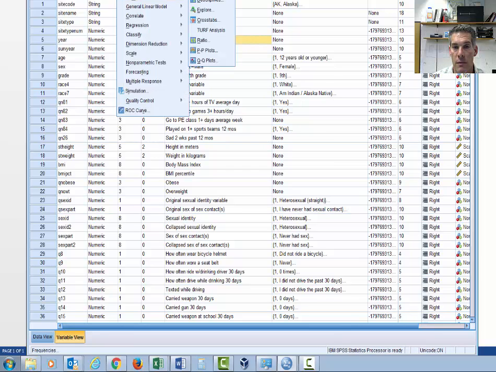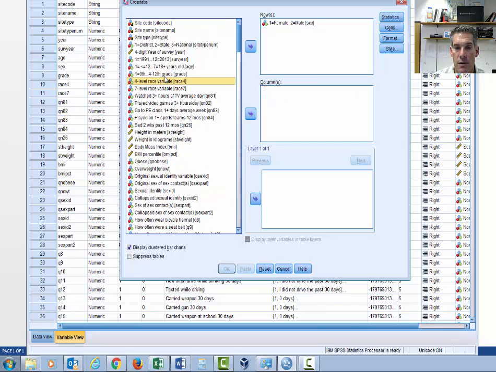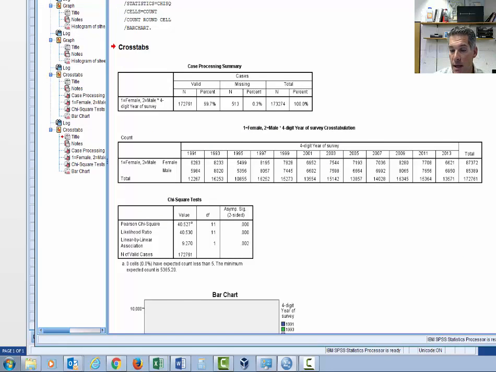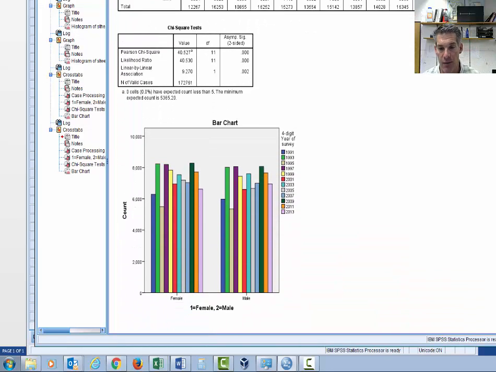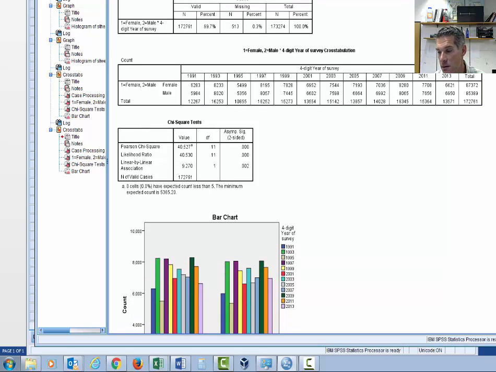Descriptive, crosstabs, and I'm going to change ethnicity or race over to 4-digit year of survey. And my answer is, well, yes. So we go back and look, and in 1991, 6,000, 8,000, 5,000, 8,000, 7,000. I don't have to keep reading all of these. But you can actually see the breakdown. That answer is the answer